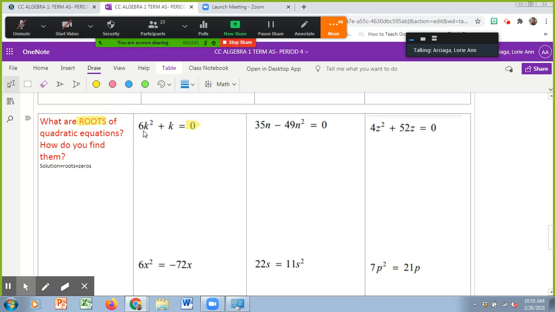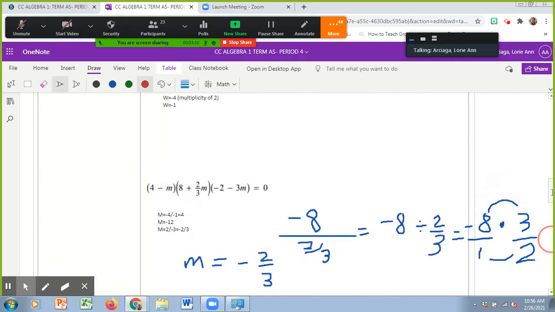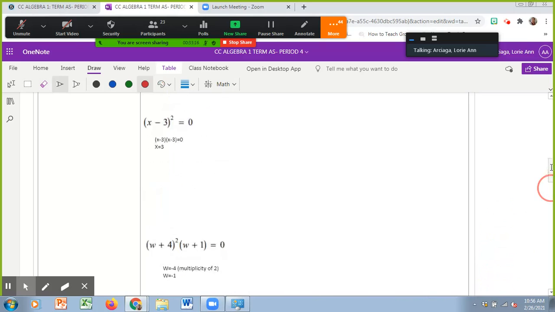Okay, so let's do this. This is kind of challenging without a writing pen, but I will try. We have 6k squared plus k equal to 0. That looks different, right? Because if you look at the things we were doing up here, there were no exponents on the variables. See, the exponent was outside, but the variable